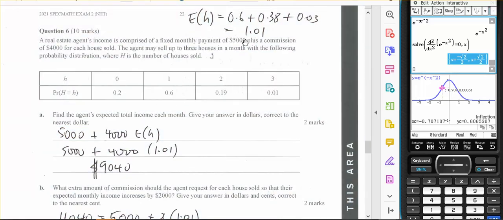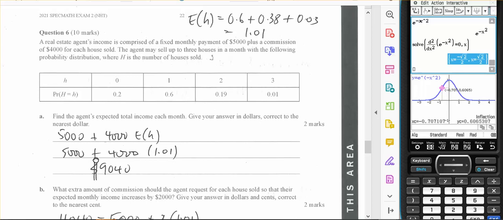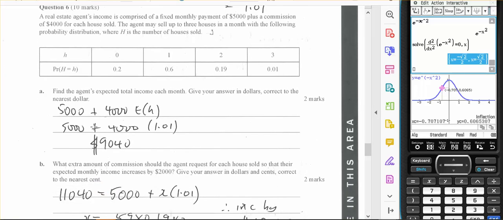Okay. So I've worked out the expected value, the expected number of houses sold, by 0 times 0.2 plus 1 times 0.6 plus 2 times 0.19 plus 3 times 0.01, which gives me 1.01 houses on average. So that times 4,000 plus 5,000 should be the expected total income